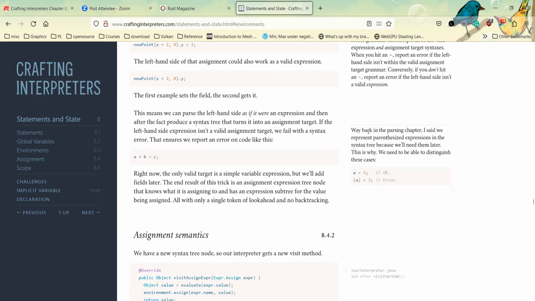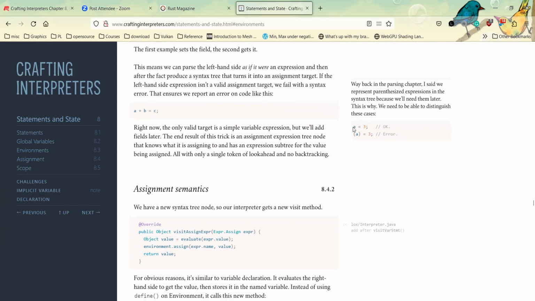Okay, I really like this side note though. It mentions why we keep parentheses in the syntax tree, which I wondered before, actually. I wondered a few times why the AST needs to keep the parentheses.